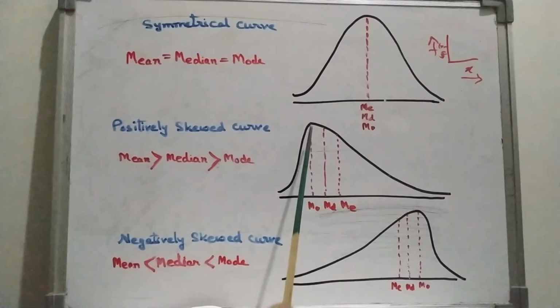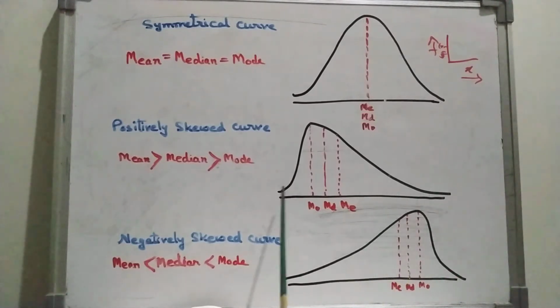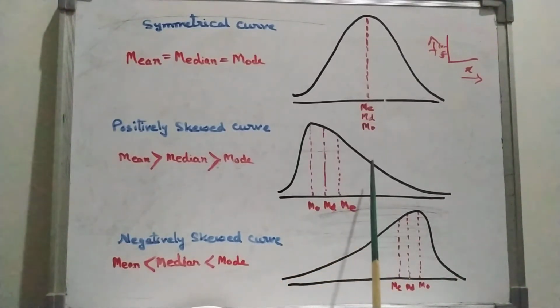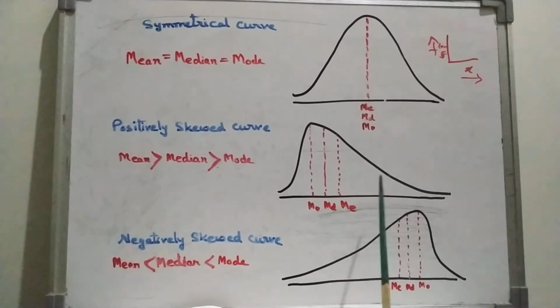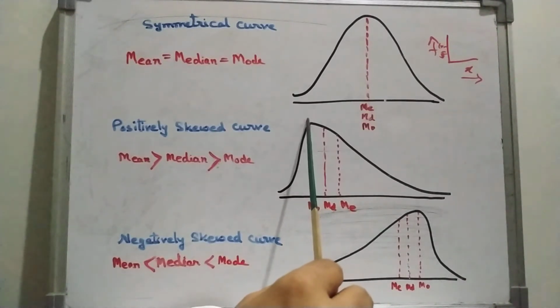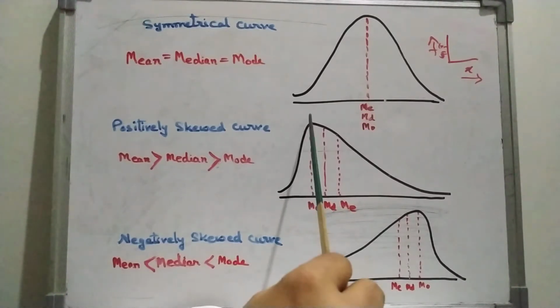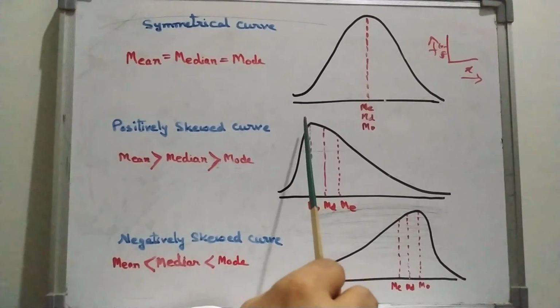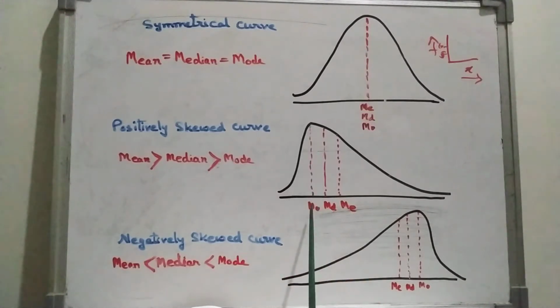Now look at the figure. As we know, when it is positively skewed, this side is the positive side. When the tail of the curve is longer on the right hand side than the left hand side, it is called positively skewed curve. Okay, and the concentration of the observations is more here, that means here we get the maximum frequency. Many observations lie at this position because frequency is more. Okay, so this is your mode value. Next will be median. This is the position of median.